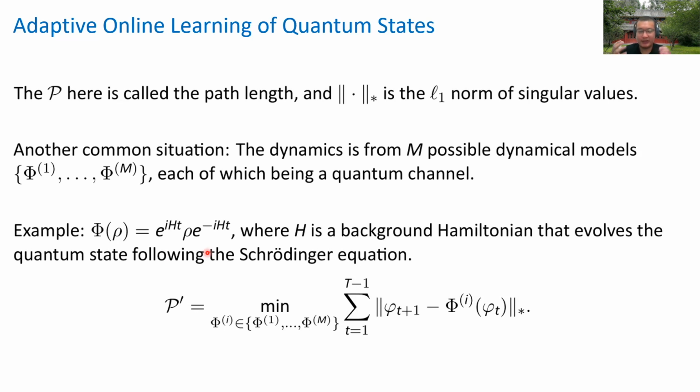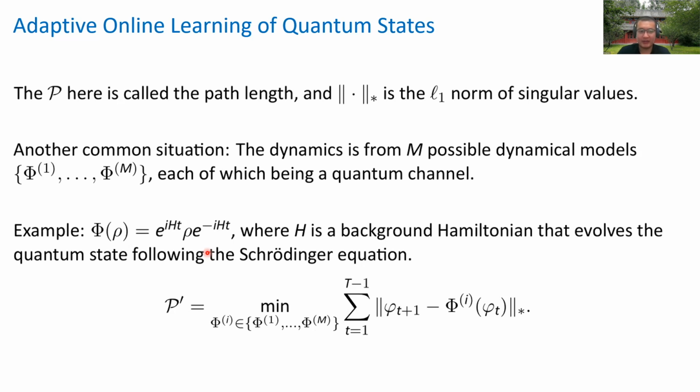So for instance, we can just imagine that in current quantum devices, like the Sycamore device from Google, this is fabricated in a 2D way, so that we can only have quantum gates on consecutive qubit pairs. So this really gives you a restricted model of Hamiltonians. But maybe you don't know exactly what the coupling is between the